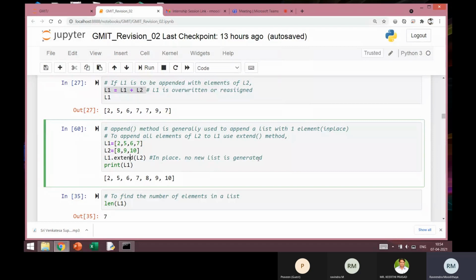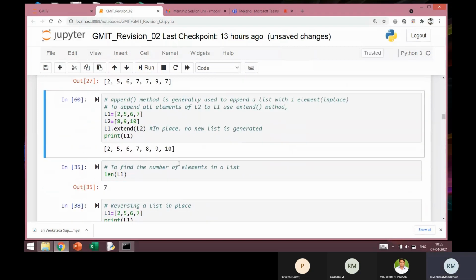That means L1 is modified. This is equivalent to writing L1 equal to L1 plus L2. So L1 is extended with the elements of L2, and it happens in place. If I print L1, you can see that L1 has been modified.